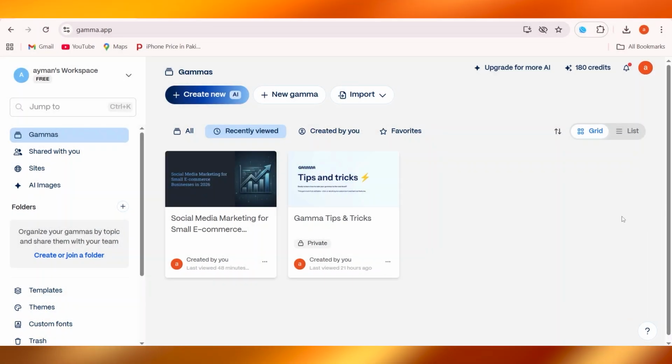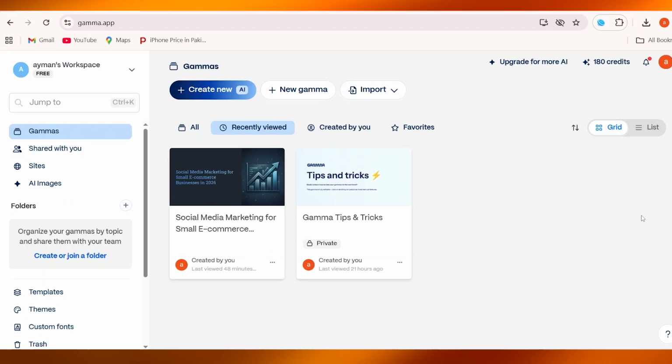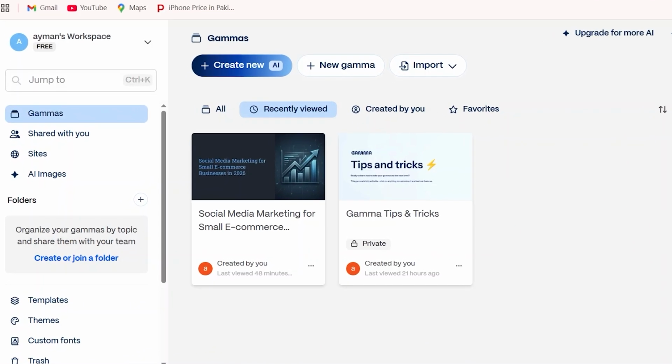Hello everyone and welcome. In this video, I will show you how to turn any idea into a professional presentation using the Gamma app, step by step. If you have ideas in your head but don't know how to structure them into slides, Gamma makes the process simple by using AI to organize. By the end of this video, you will know how to go from a simple idea to a complete presentation